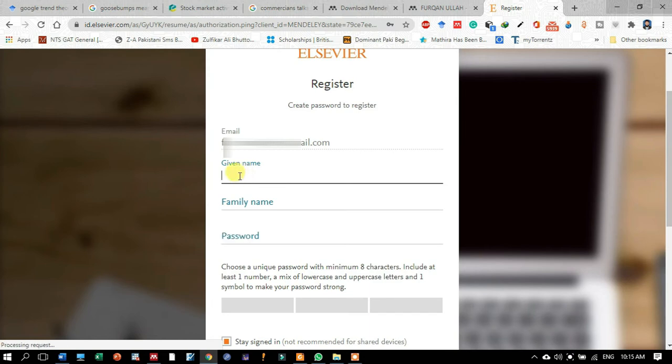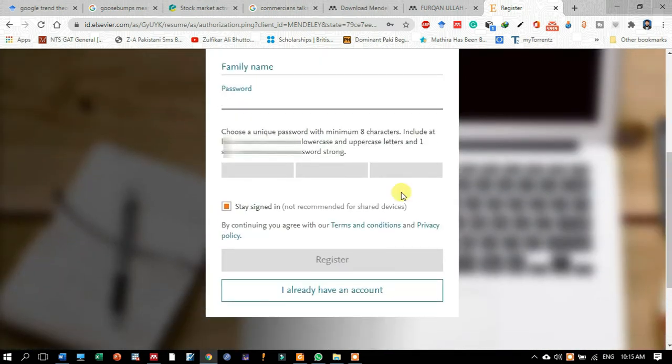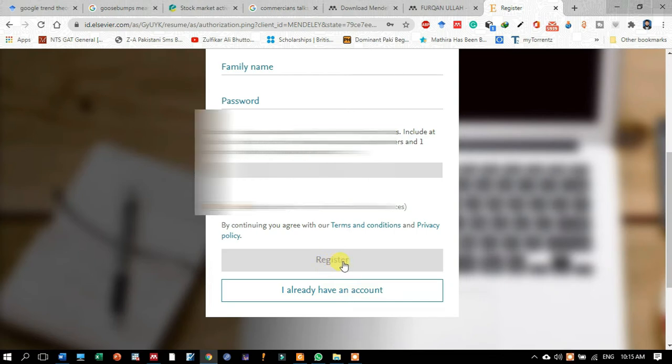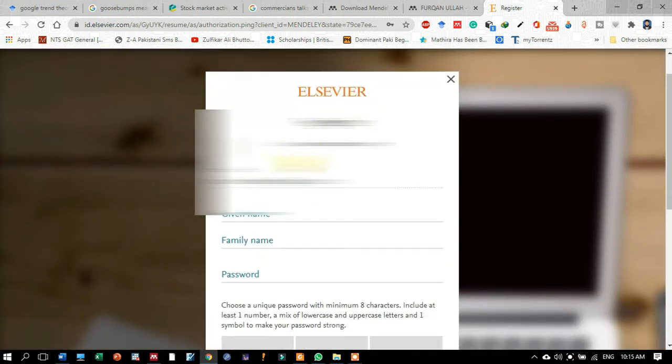Just put your given name, put your family name, put the password, and then this register button will be automatically activated, and then you click on the register button. So then you are done. And always remember this email ID and this password to sign in to the